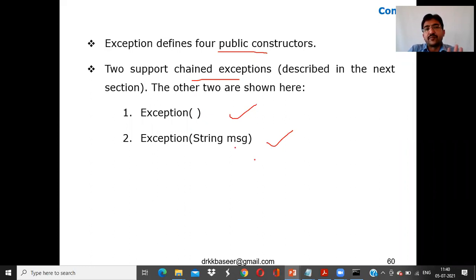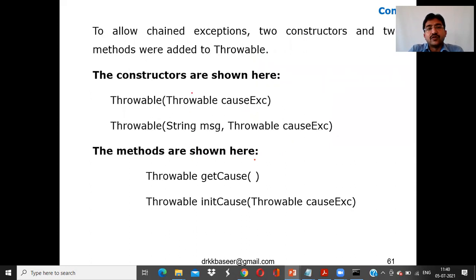To allow chained exceptions, 2 constructors and 2 methods need to be provided by the Throwable class.